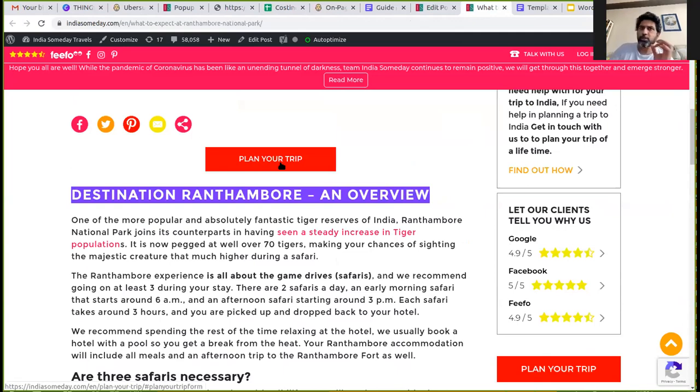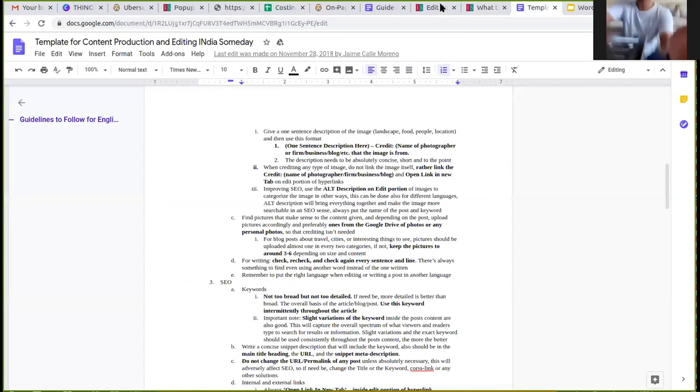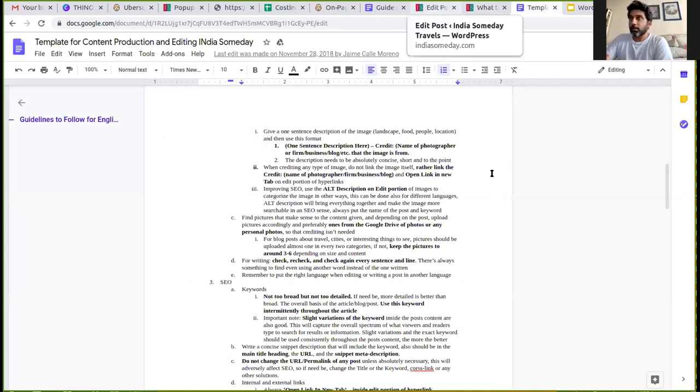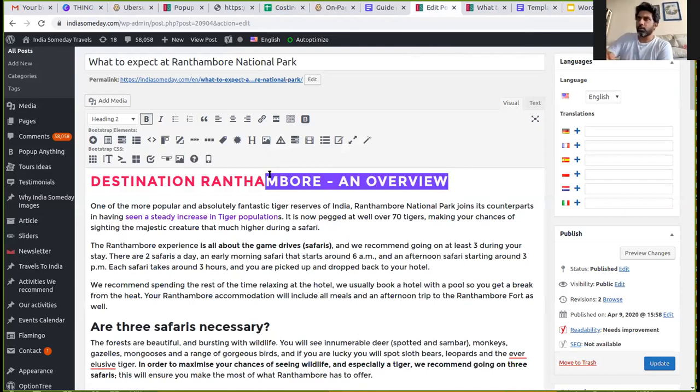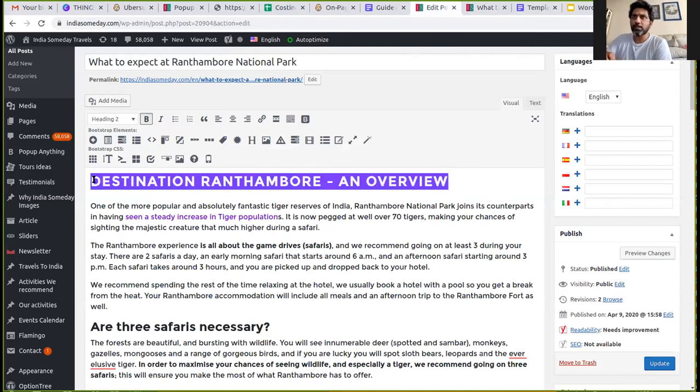So we normally avoid putting H2 tags right in the beginning. We avoid putting an H2 tag here because that means you'll get a plan your trip button right above it. So I'm quickly going to change this